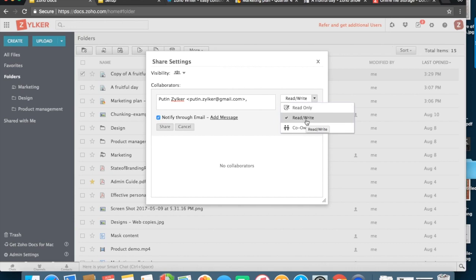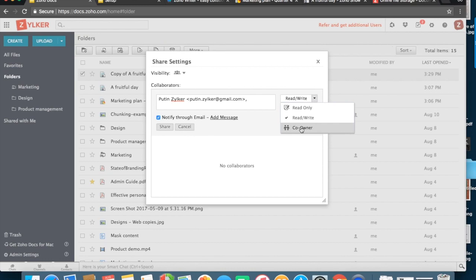With the read write option, the user will also be able to edit my documents and make changes to it. As a co-owner, the user is allowed to share the file with other users and also edit the document at the same time.